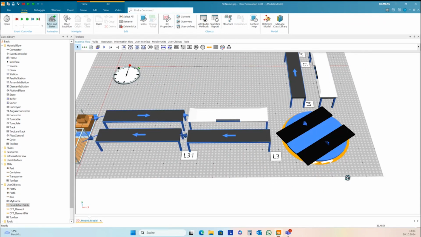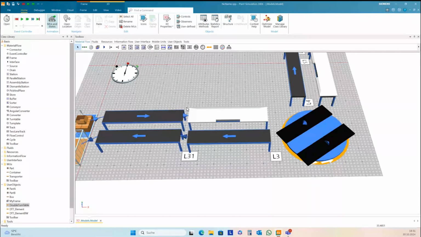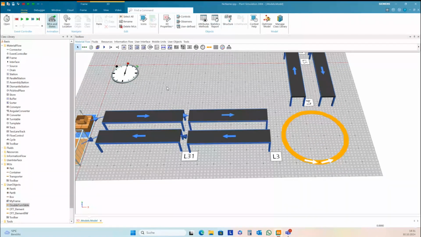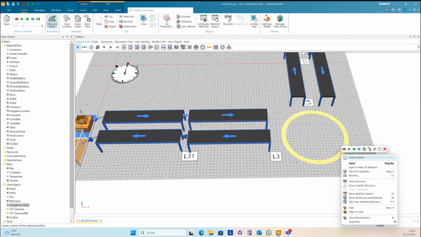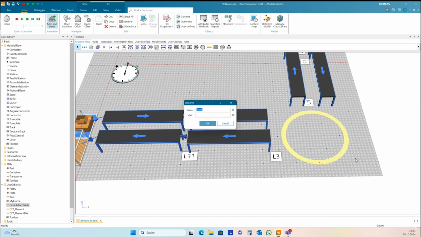Okay, now we make some settings here. I make this inside this track here, and change the name to double turntable track.